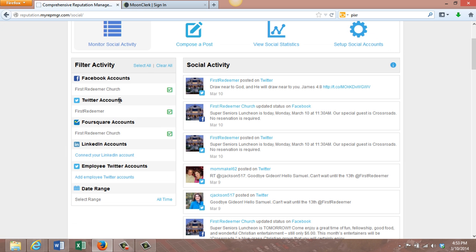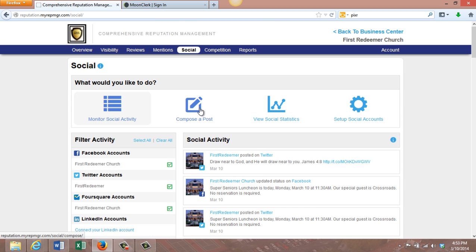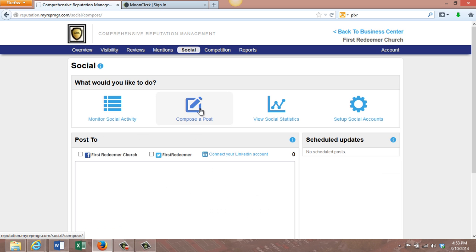By linking up Facebook, Twitter, and Foursquare for this client, they are able to see all of their activities, and you'll be able to see exactly which social media page or network was referenced by the icon there. You'll be able to compose a post, saving you time. Instead of obviously going in every single one of these individually, you can decide to post to them at the same time. And what will happen is, as you begin to type your message, and once you've finished your message,